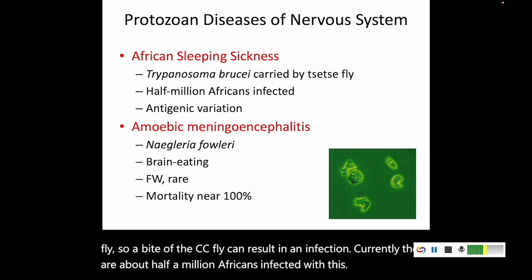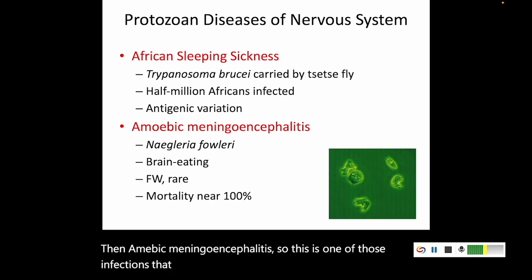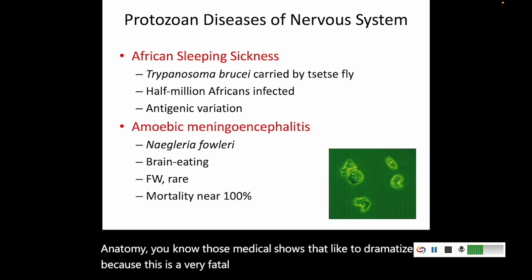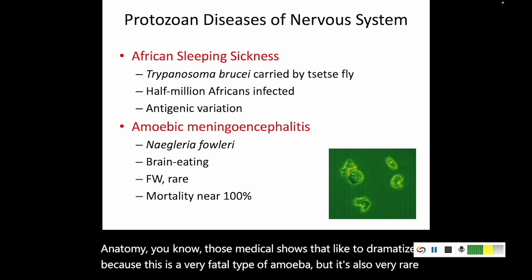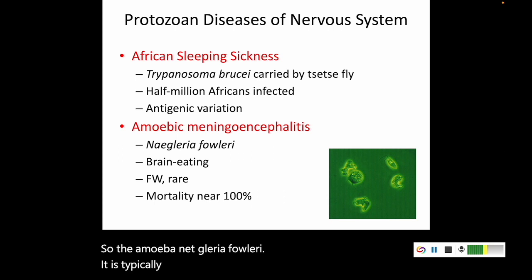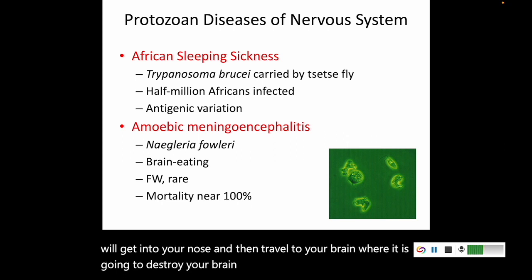Then amoebic meningoencephalitis. This is one of those infections that I think of when I watch shows like House or Grey's Anatomy, those medical shows that like to dramatize it, because this is a very fatal type of amoeba, but it's also very rare. The amoeba Naegleria fowleri is typically associated with warm water, so you'll inhale it, it'll get into your nose and then travel to your brain,